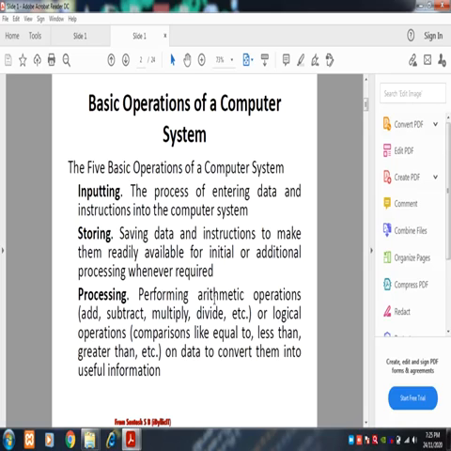To process these types of operations means that you are converting some data, logically or arithmetically, into some useful operations. This is nothing but processing. It can be done by your computer system inside. It takes some instructions as input, you store that somewhere, and you want to process that data. In processing, you take the inputs, process them with arithmetic and logical operations, and finally convert them into some useful operations. Okay, so next,